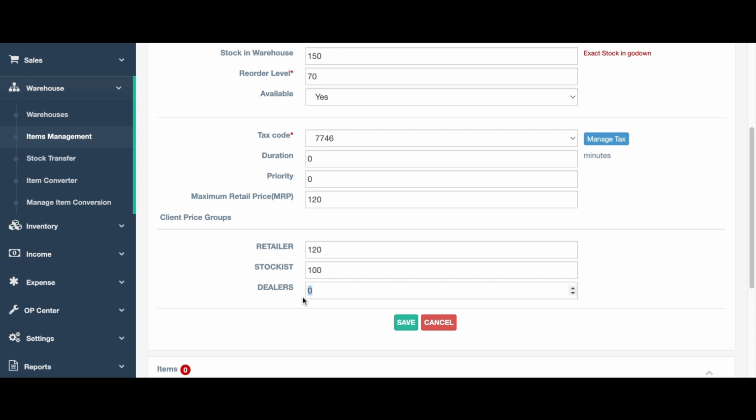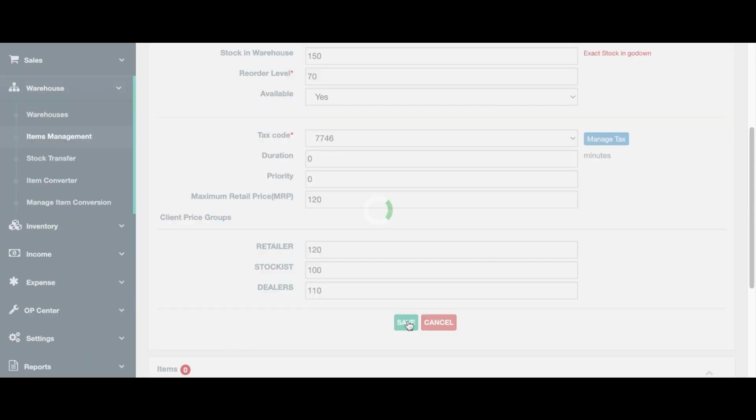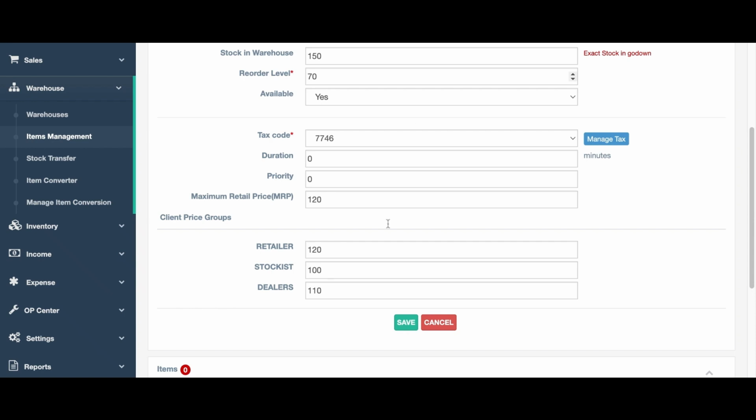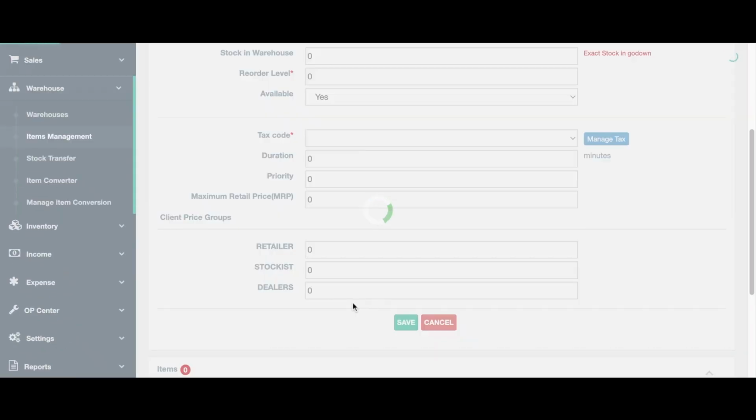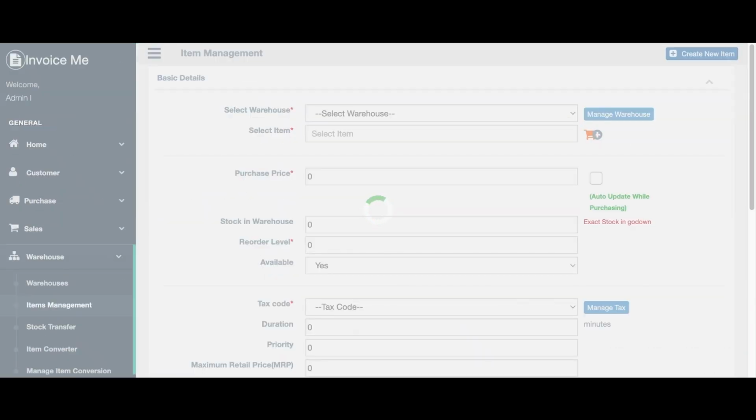Here you need to enter the price of the item for retailer, stockiest, and dealer specifically. So the different price will be updated for the customer based on the customer category. You can search the item according